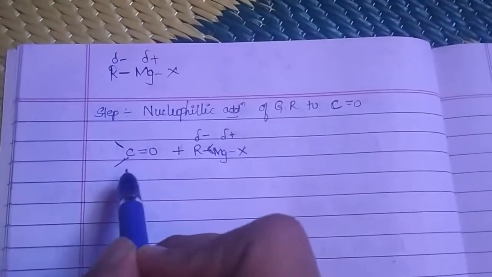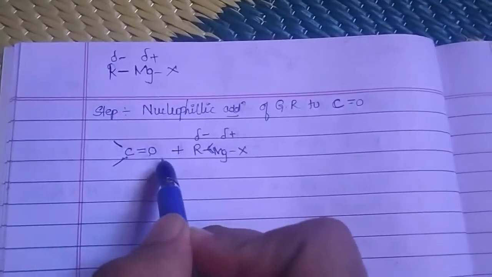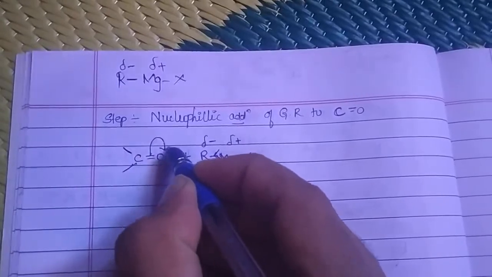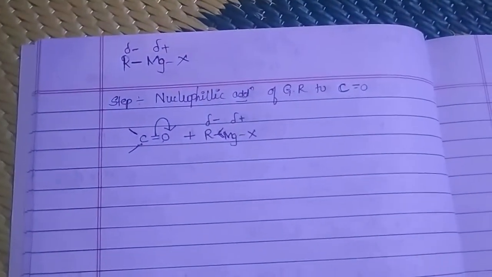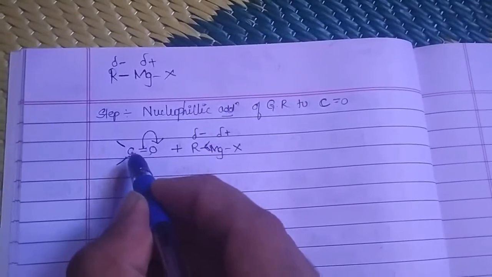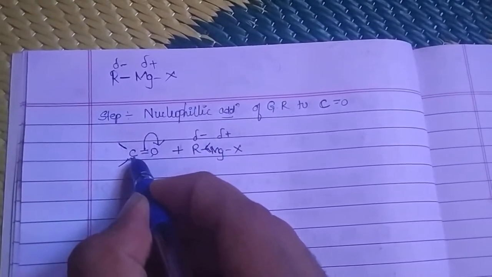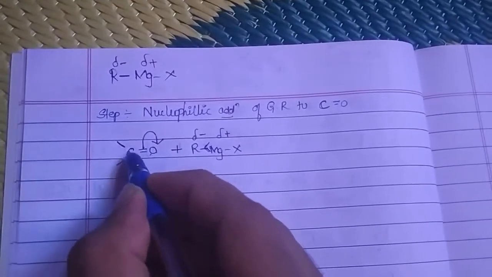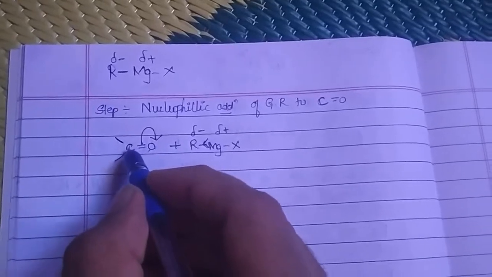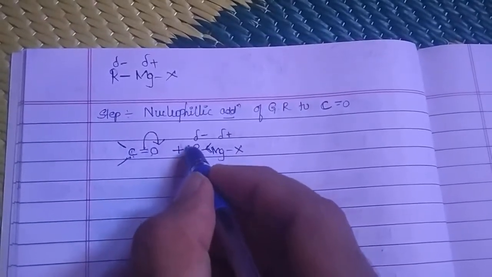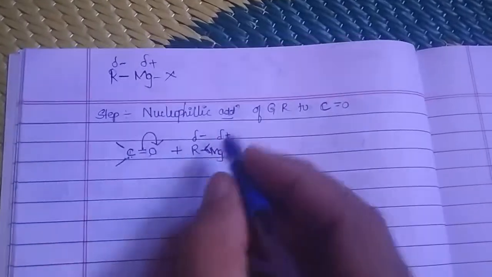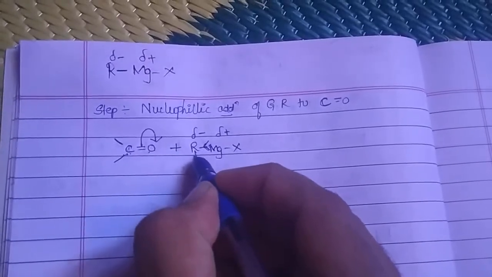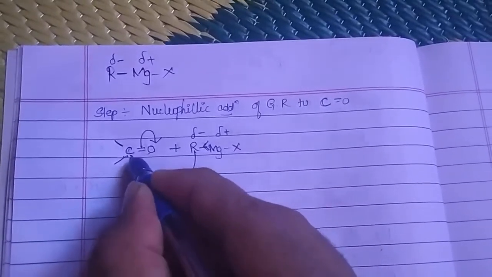We know that when comparing the electronegativity of carbon and oxygen, oxygen is somewhat highly electronegative, so it will be attracting the pi electrons towards itself. So there will be less density on the carbon, or we can say the carbon will have a delta positive and oxygen will have a delta negative. Since the carbon has a delta positive, it will try to attract the alkyl or aryl group of our Grignard reagent. How should I write it? The arrow mark should be from the negative to the positive side.